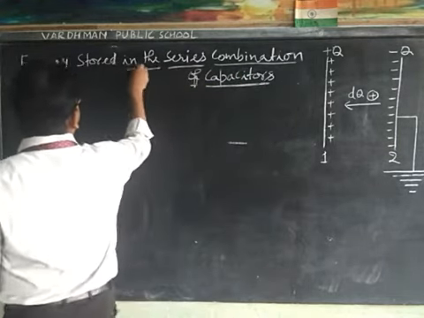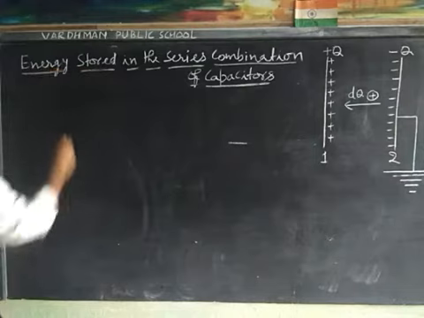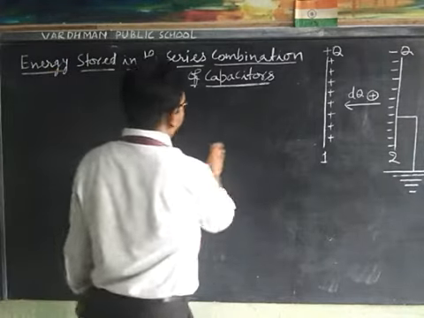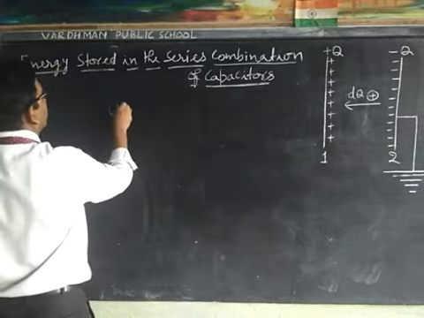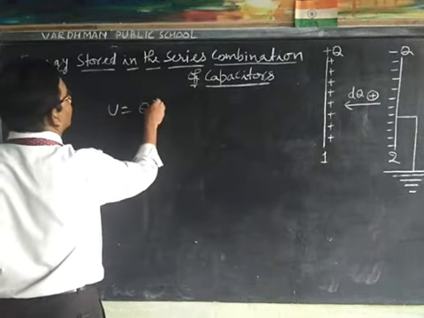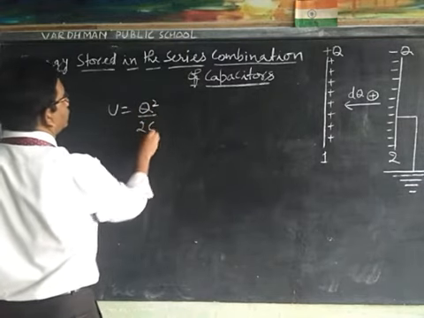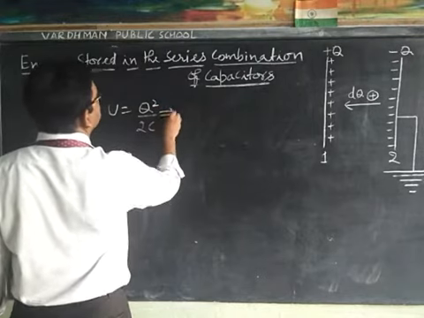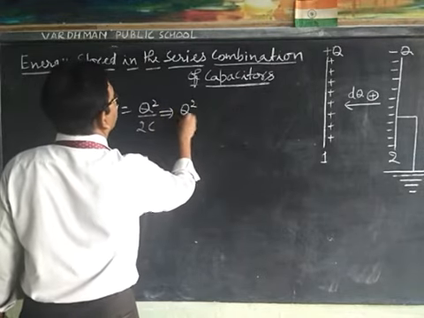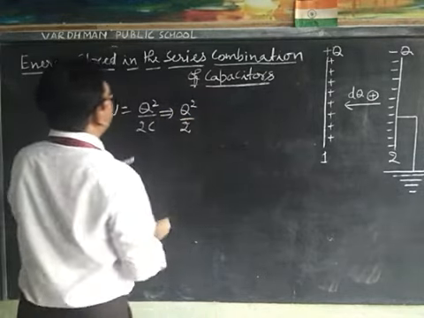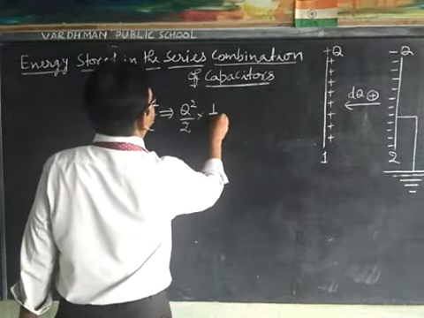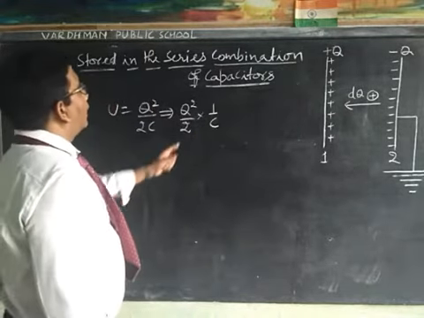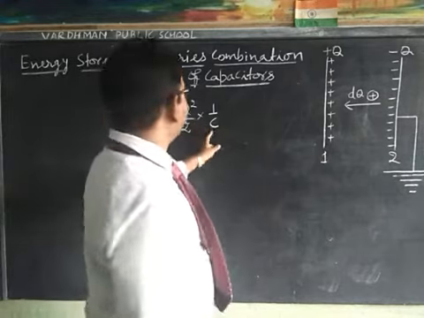Energy stored in the series combination of capacitors. We have seen that U is equal to Q squared upon 2C. We can write it as Q squared upon 2 into 1 upon C. And in series combination, 1 upon C is equal to